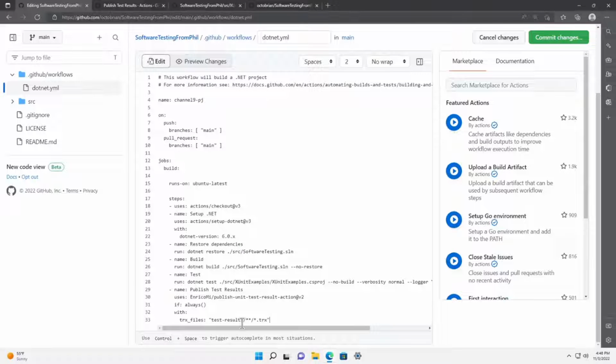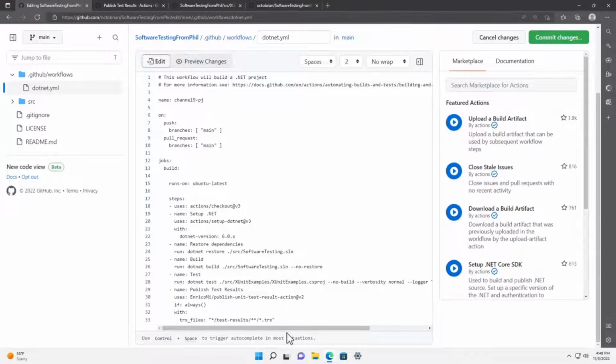And then now the question is, how's it going to find it? And again, this is where the whole globbing pattern could help us. We could do something like, I don't know, maybe a **/. But then we run into the issue that, okay, well, what happens if we look too far? Well, it might take a while to find that. So we might actually want to drill down a little further and find it relative to where that code is. So we could do something like src, and then we'll go grab this path here, XUnit examples.